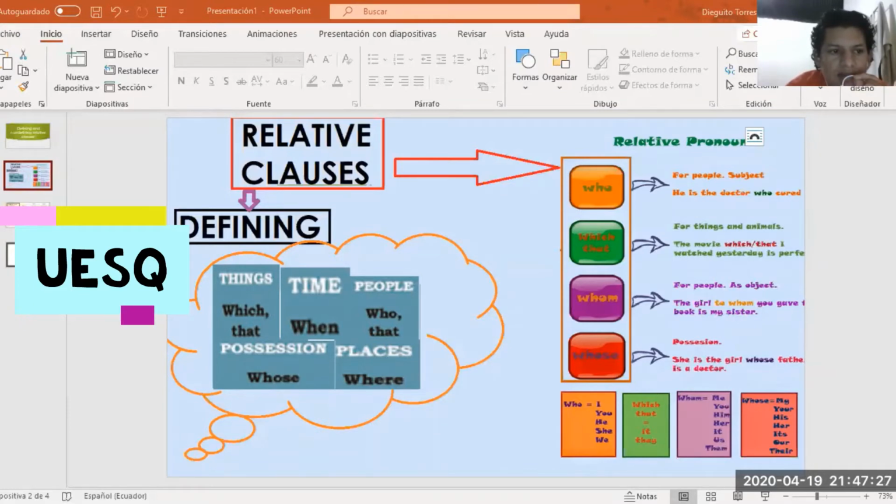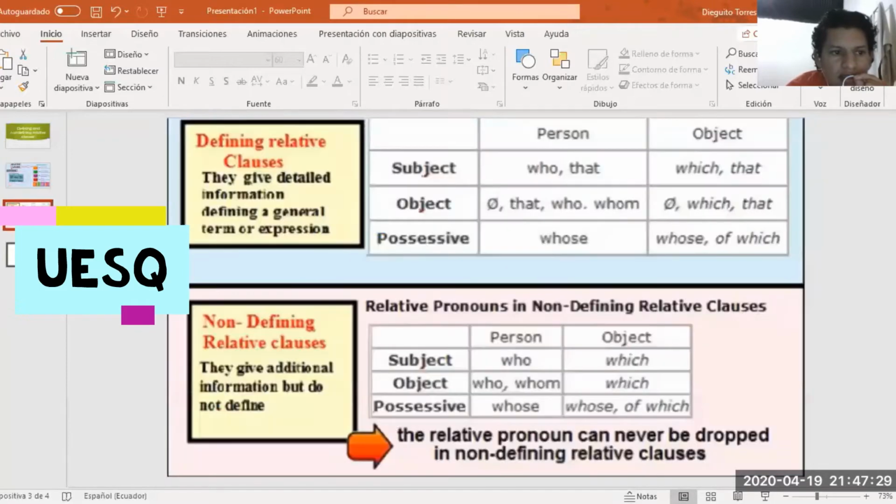Okay, so I'm going to put the other case. In the other case, I put my non-defining relative clauses over here, which give detailed information. So I'm going to put this over here. What can I use this for? Okay, I use this for the defining. I use it for persons and objects. I have my subject, object, and possessive here. I use this for